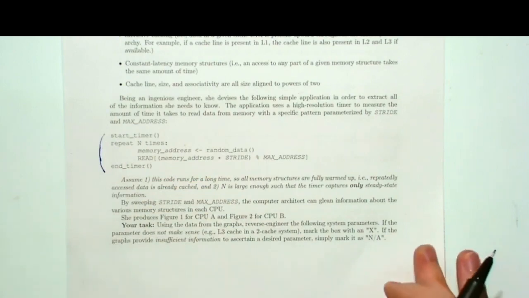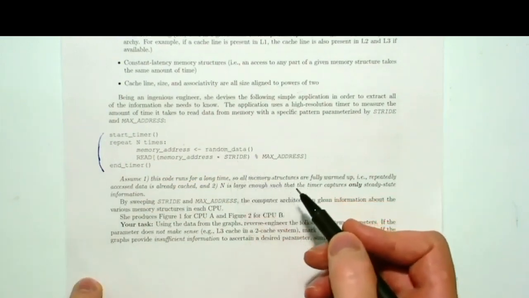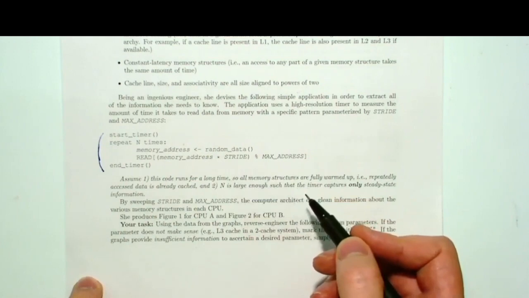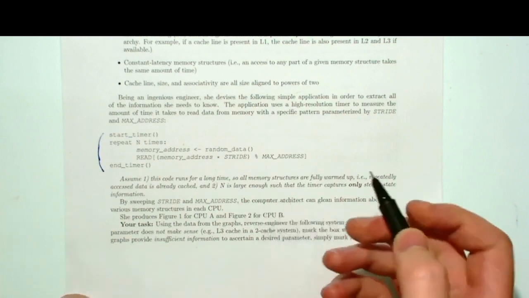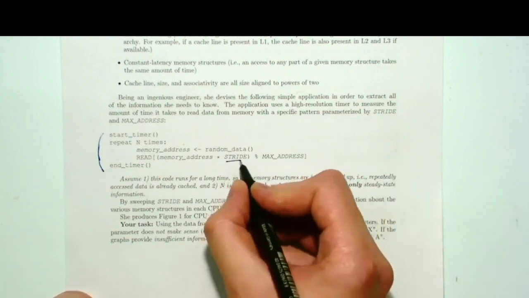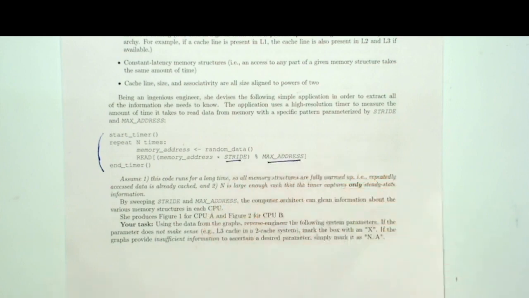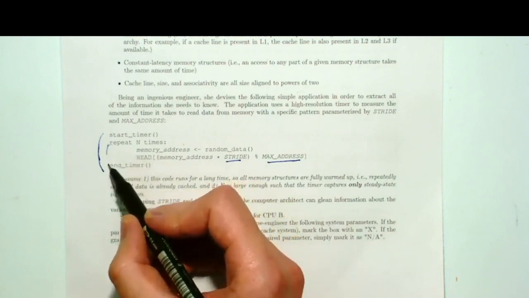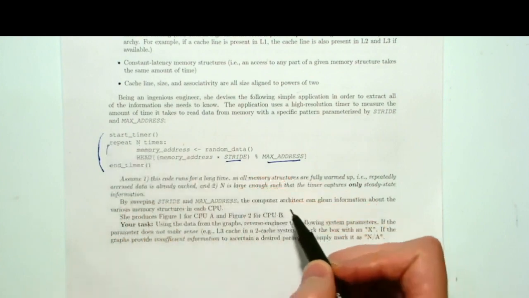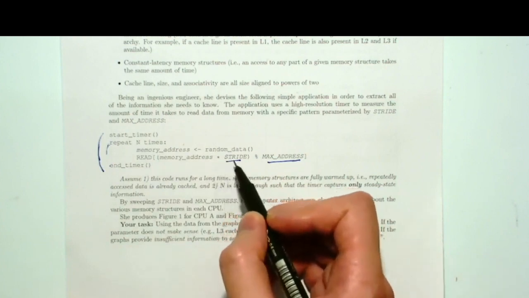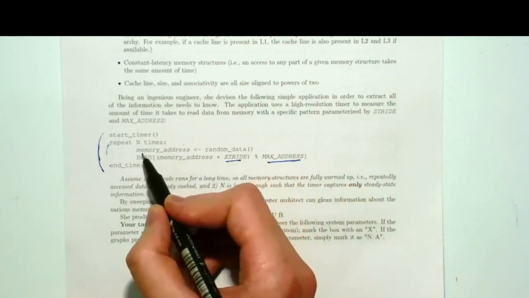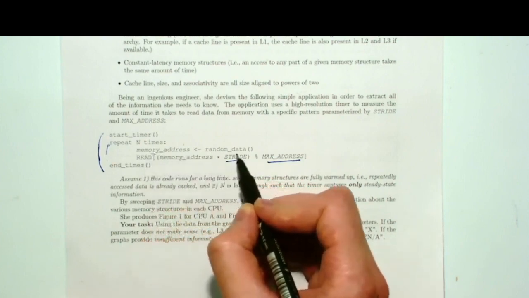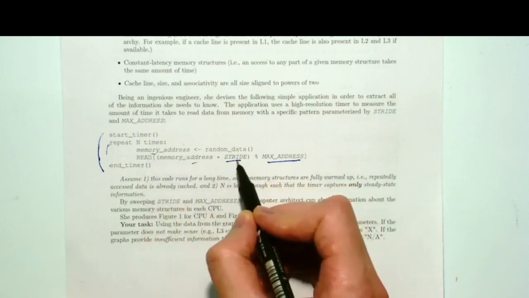of the microarchitecture. So the program here is simple. It is basically doing random accesses over parts of the memory. And there are two inputs to this program. One of them is the stride, and one of them is the max address. So when you look at the code, we see there's sort of an infinite loop, like it loops for n times. So first, the address variable is set to some random data, and then multiplied with the stride and